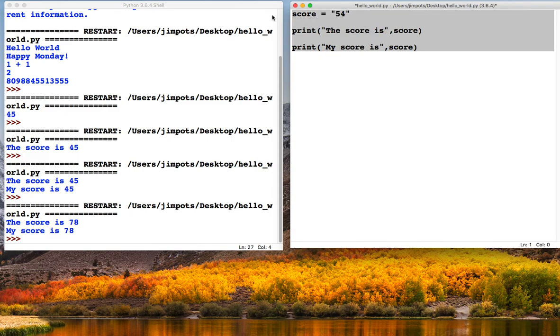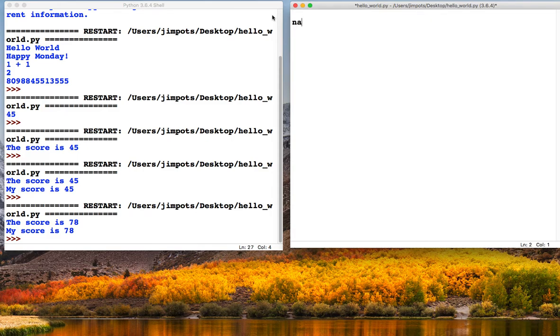Now to do this, I'm going to give a variable called name, and we're going to go equals like we did before, but instead of just declaring a name like that, we're going to ask the user of the program to type in a name for us. To do this we need to use an input statement.